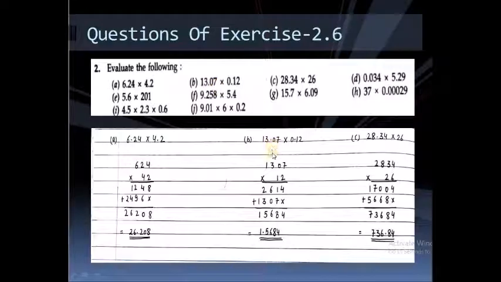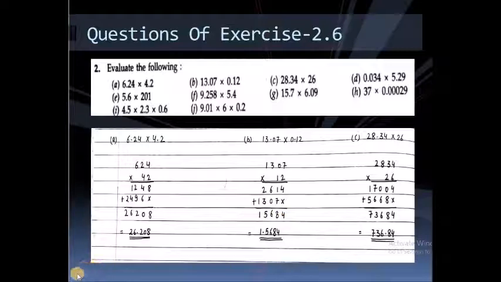So first of all, I multiply them by ignoring their decimals. Here my multiplier is 0.12. Here I am writing only 12, because if I write 0 in front of it, it is 12 only. So I multiply both of these numbers. I hope all of you know how to multiply. First you multiply the ones place digit with all these digits, then you multiply the tens place digit with all these digits, and you add them up. Okay, so I get the product, and in the product again I have to put my decimal point.